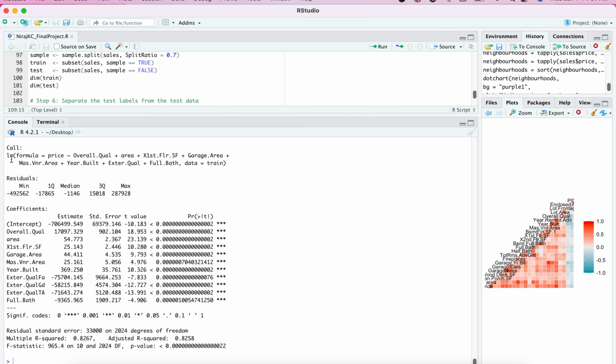It is used to create the regression model using the variables overall quality, area, first floor square feet, dimension area, lot area in square feet, garage area, year built, and full bath, right? And for this model, the multiple r squared value is 0.8, we can say 0.83,